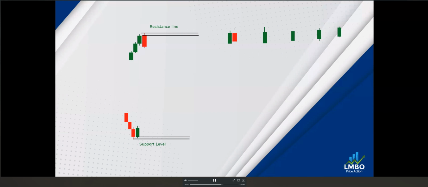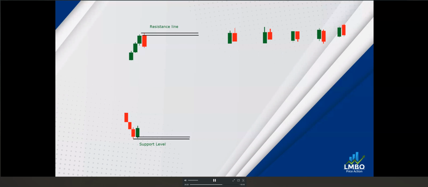Like a red candlestick where the wick is greater than the green candlestick. Red candlestick, wick is smaller than the green candlestick. Red candlestick, there is no wick at the upper level. Green candlestick where the sellers jump down. It is called the jump down. The green candlestick where the sellers jump up.